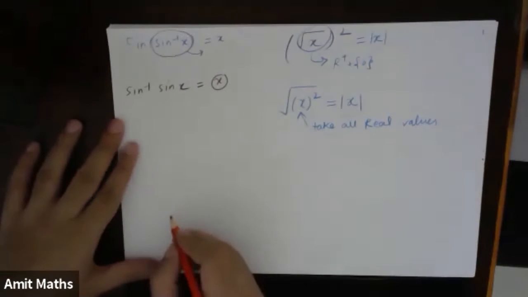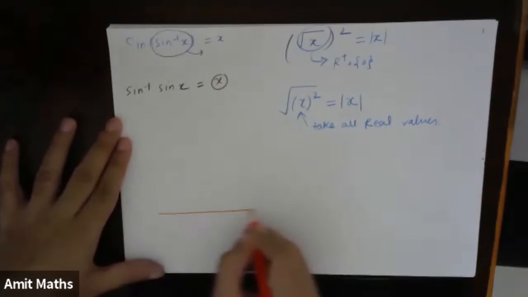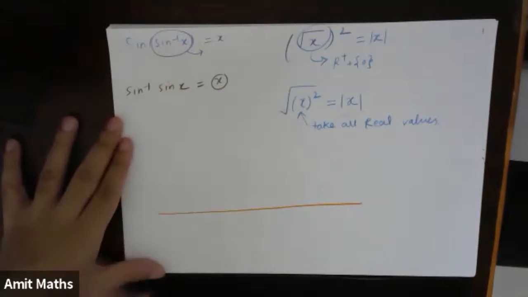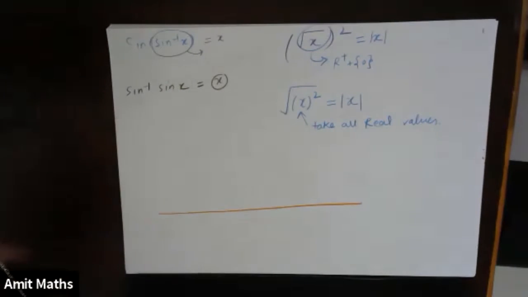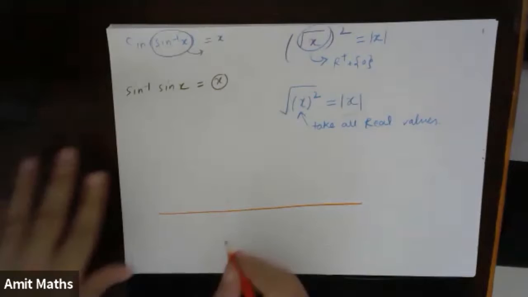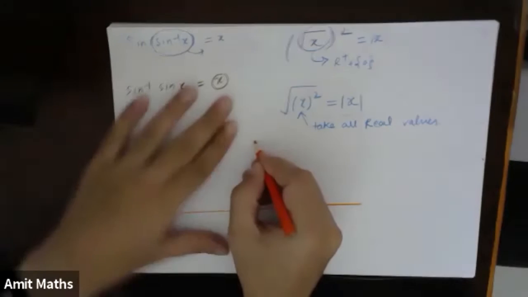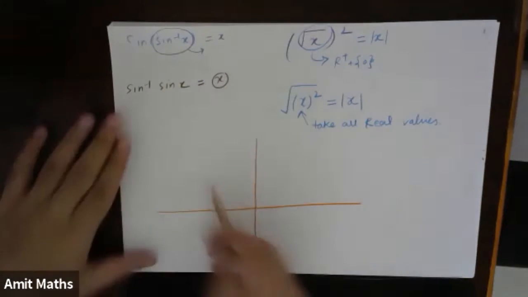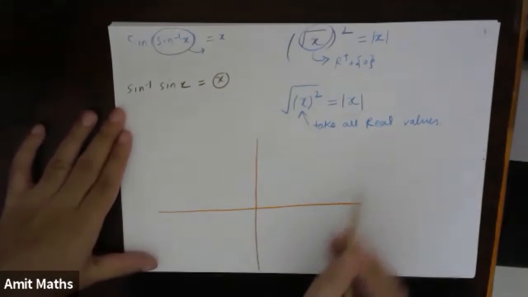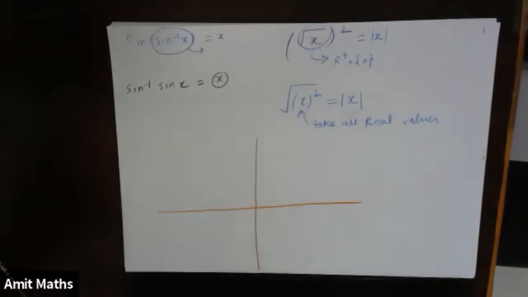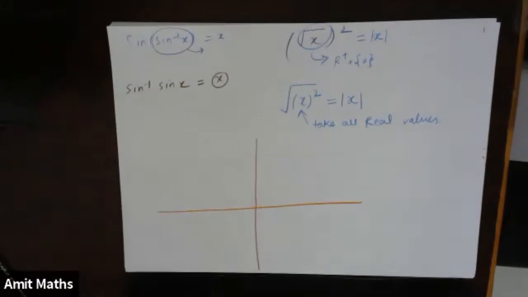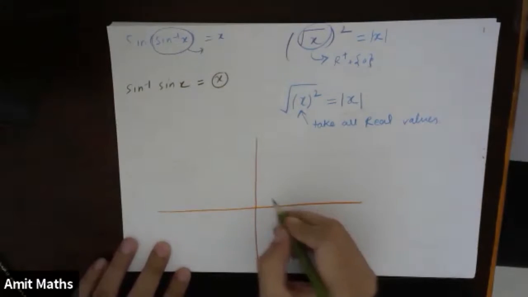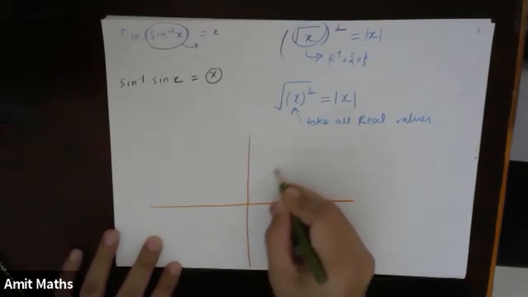So first, what will I do? First, I will use sin x only for its principal values, right? So let's see, this is the x and y axis. The maximum value it can give out is 1. Sorry, okay. First, I will just simply draw the sin x curve. If I draw the sin x curve, it is something like this.